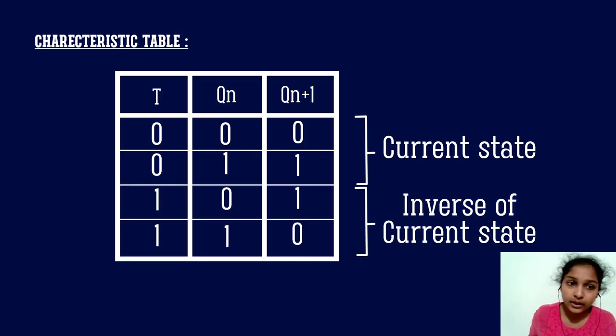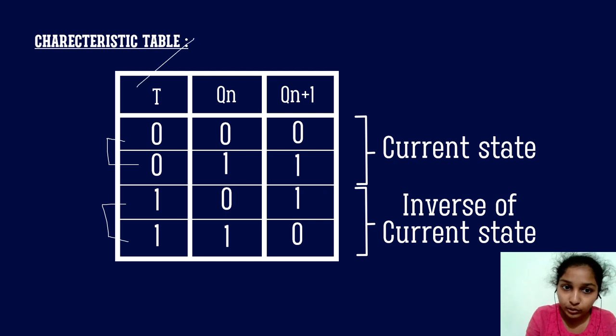Moving on, let's understand the characteristic table. This is nothing but the truth table. If you understand the truth table, this is very easy to figure out. In the truth table, we saw two cases, that was T as 0 and T as 1. So let's